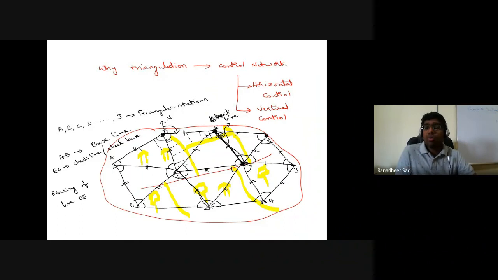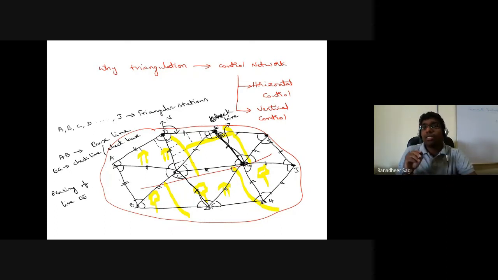So in order to understand any kind of error that gets accumulated in the process of transferring the information from the field onto your map, we check for those errors with the help of check lines, or with the bearings of some certain lines that you are randomly measuring, to know whether there are any errors you have committed in carrying out your work.